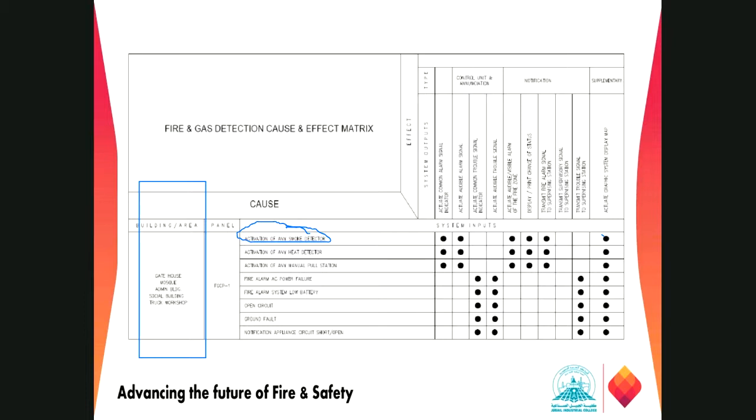Let's say, for example, this smoke detector is going to close one door. So if there is a fire in an FM 200 room, the detector will detect the signal that there is a fire, and it is going to activate. Before that, it will give a signal to close the door. So this is the cause, and the effect will be closing the doors. A similar cause and effect matrix will be provided for all kinds of fire alarm drawings. It should be along with the fire plan.